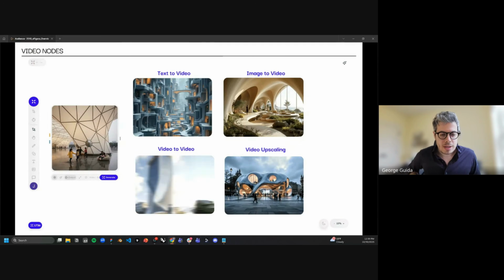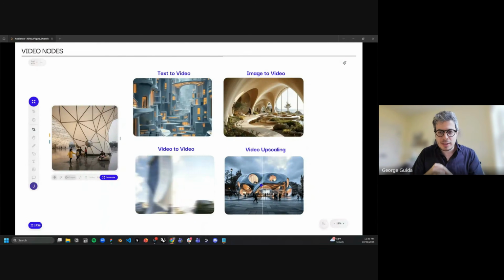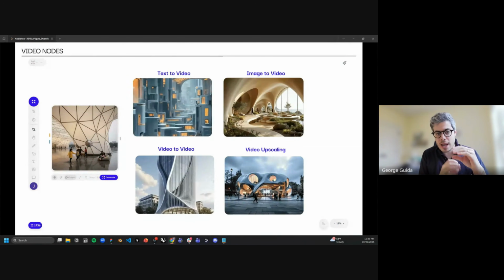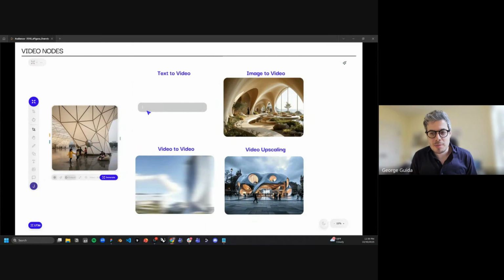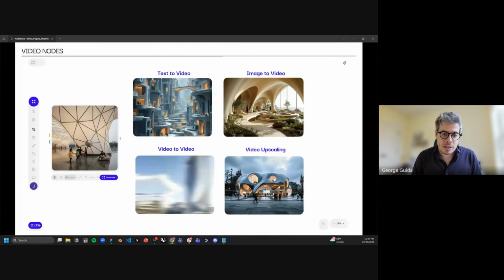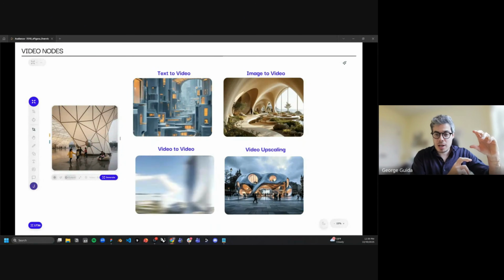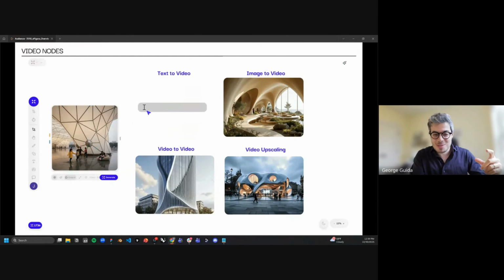And so for video, we have text to video. You can put in a single image, a start frame or an end frame, and create a full animation. And that's really all you need to create a full sequence, a full narrative journey. So you can literally stitch the first frame with the end frame of the previous video and just keep going